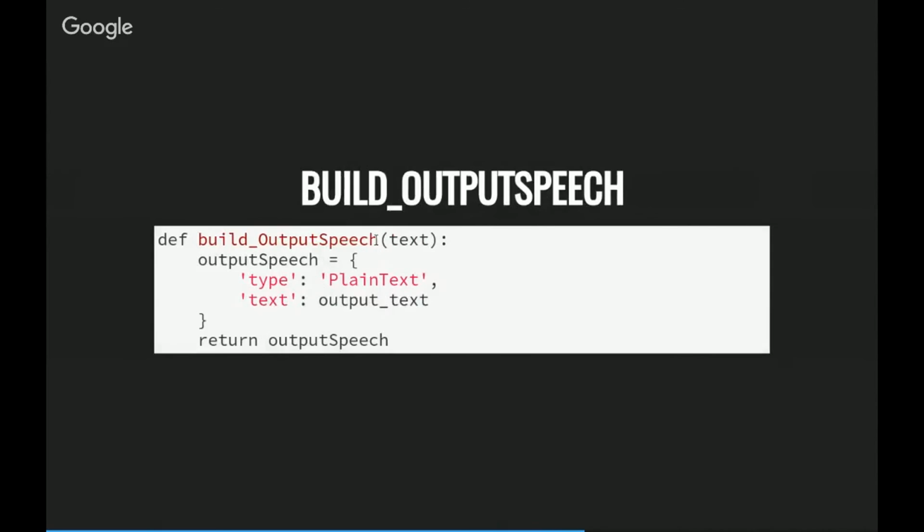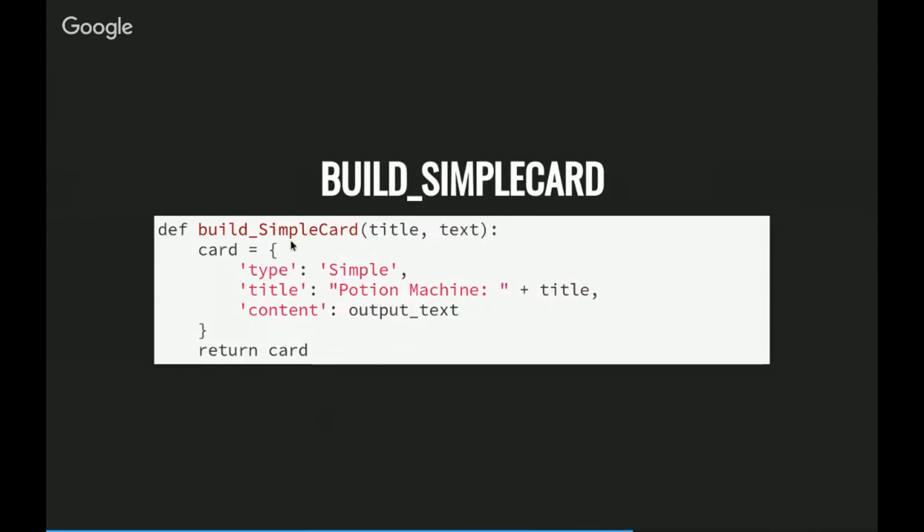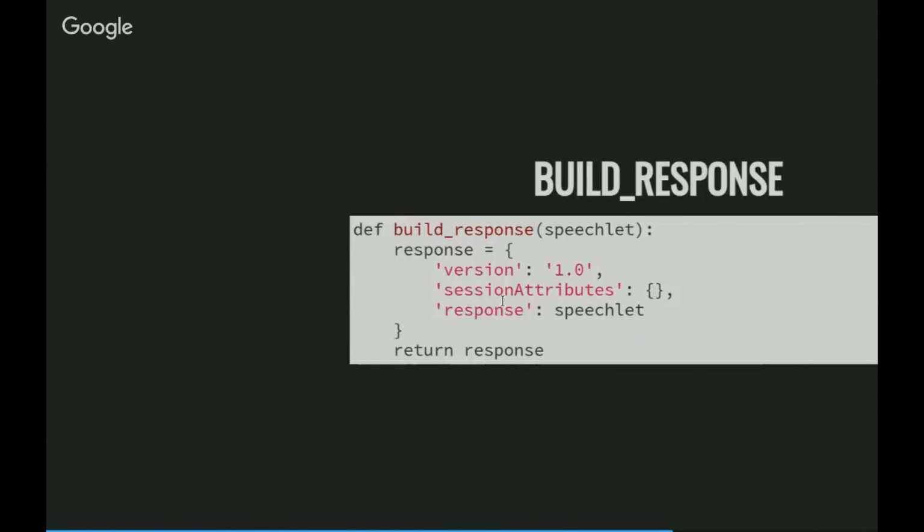All right, so here's about the output speech. What we're basically doing is trying to build some dictionaries that are going to be converted into the JSON response. And so here's our output speech. We're going to put it out as plain text. There's a couple of different options, and in a future video, we'll probably go over those. But right now, we're just going to do plain text. So it's very simple. And then we're going to build the simple card. It's got a title, it's going to say potion machine, and it's going to have the title and then the output text. And we're going to build a response